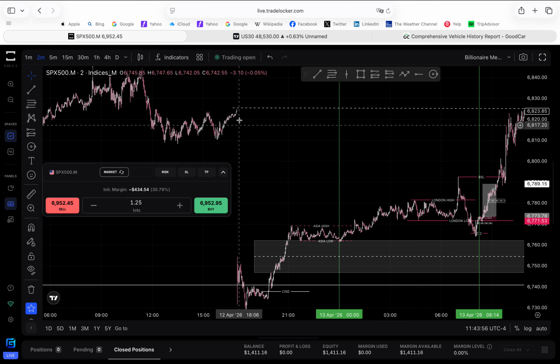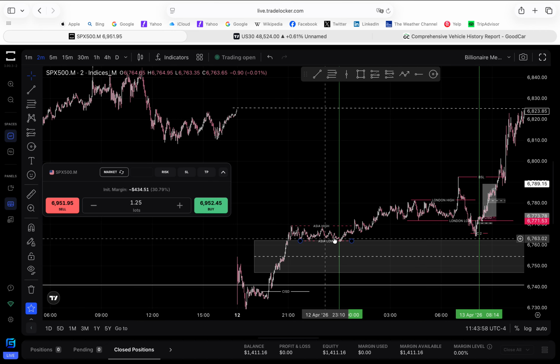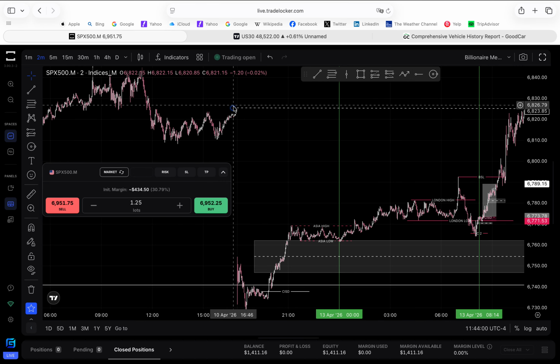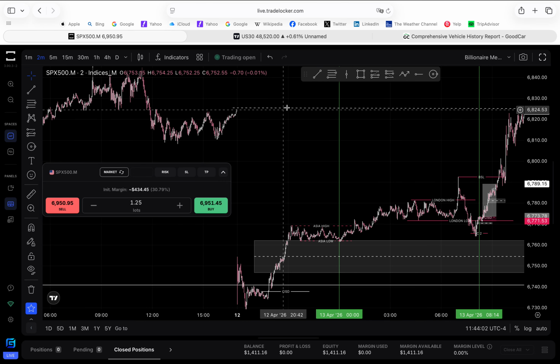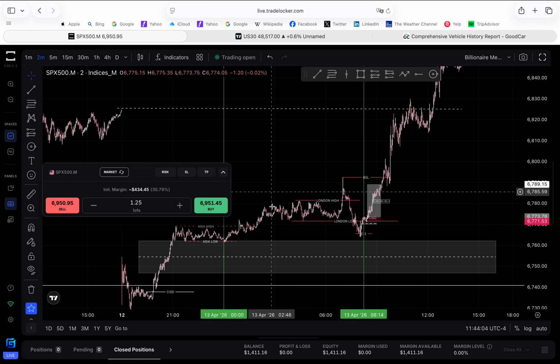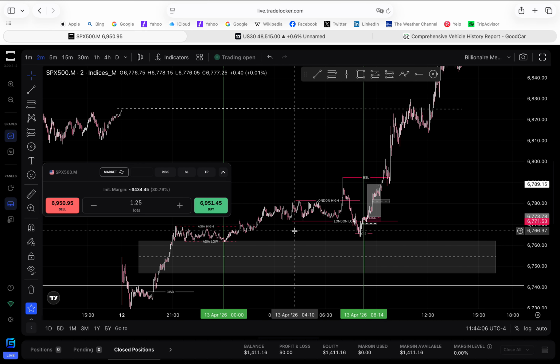This big old gap. So we still got to fill this gap. So I was bullish until we filled the gap, or until we took out this buy side liquidity. So my bias was bullish. So when my bias is bullish and I'm trading New York, I simply want to see London lows broke. I simply want to see